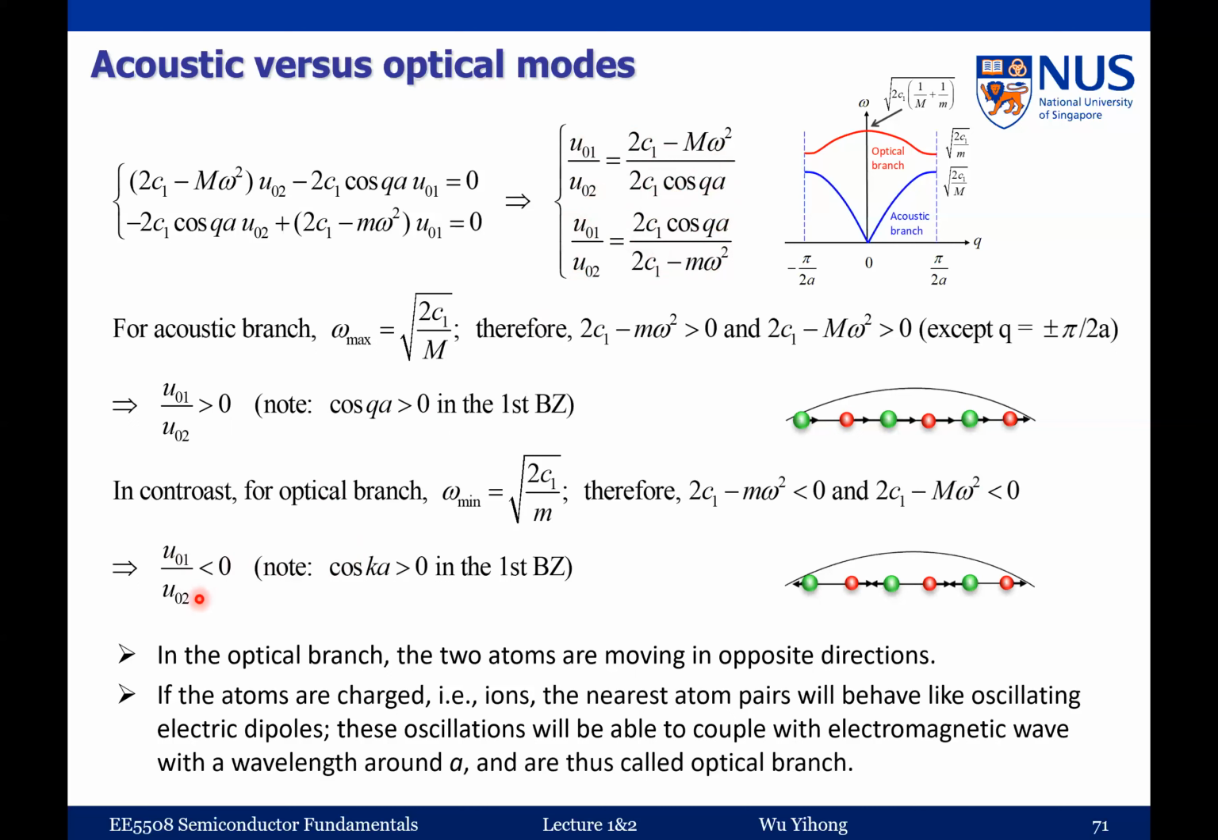So this means that when U1 is positive, U2 will be negative. When U1 is negative, U2 will be positive. They have opposite polarity. So what does this mean? This means that when the green atom moves to the left, the red atom will move to the right, right? So in this case, what happens is that